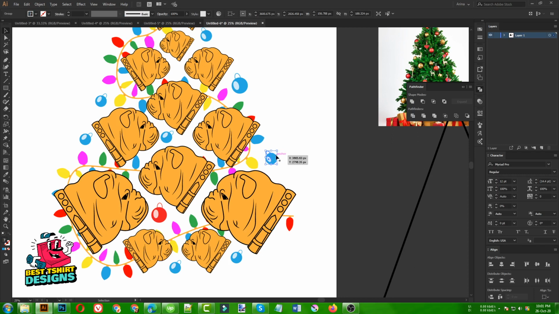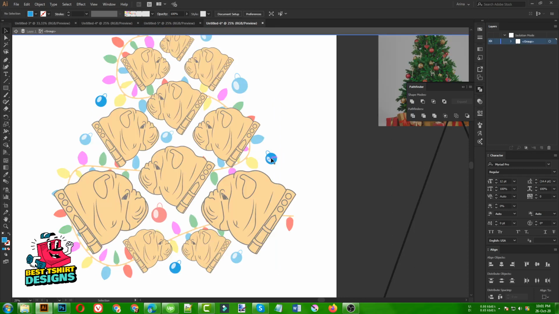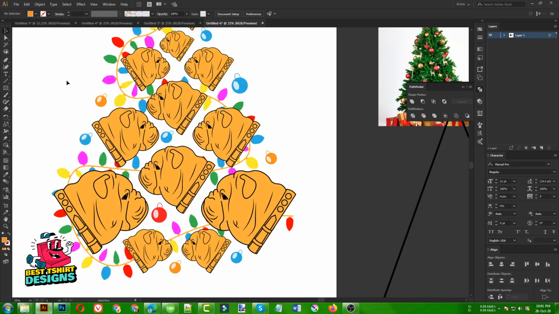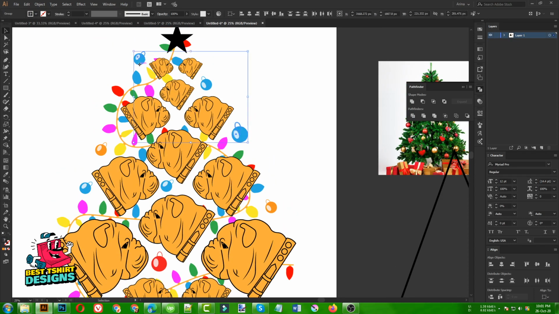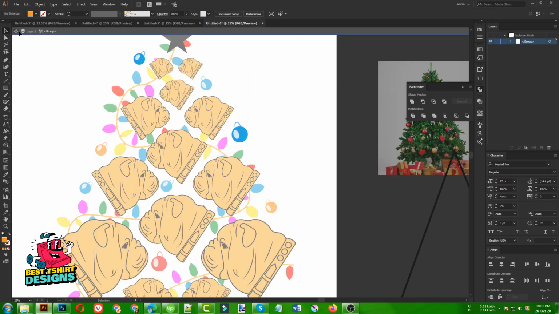Just like this. Then I need to select this one and this one. I want to change their color, so I'm making them a group. Once I select this group, I can double click here to expand it. Then if I click here, it will select the yellow color. Then I can change the color here. As you can see, this is really easy to change the color. So I can maybe make this one and this one red. So select them,